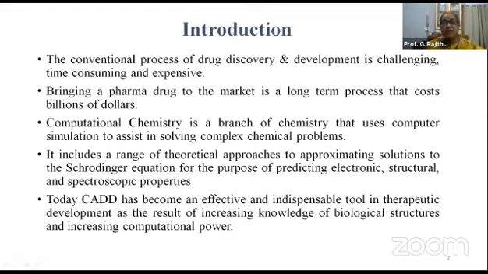to assist in solving complex chemical problems. It includes a range of theoretical approaches to approximating the solutions. Computational chemistry involves the high power use of computers and mathematical equations for the purpose of predicting electronic, structural and spectroscopic properties of molecules. So this is a very effective and indispensable tool. Why? Because